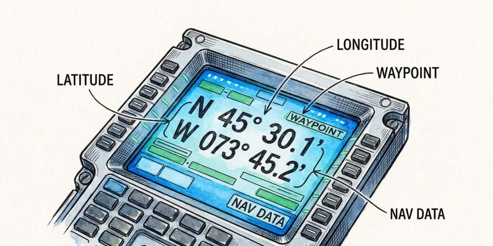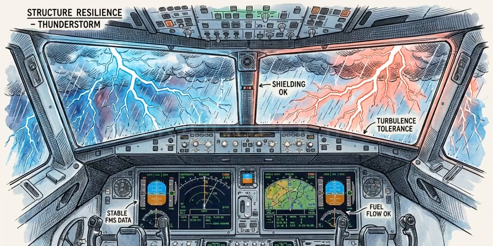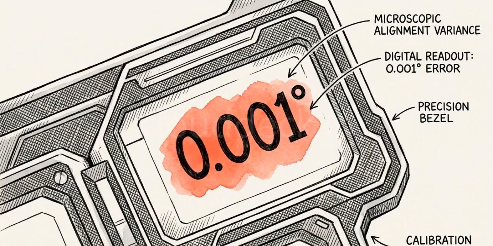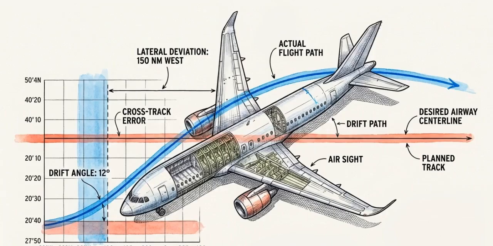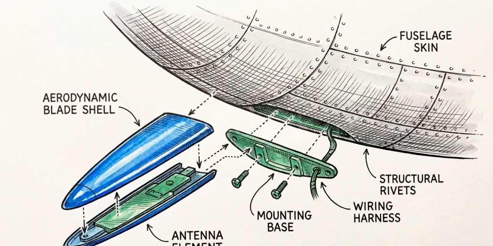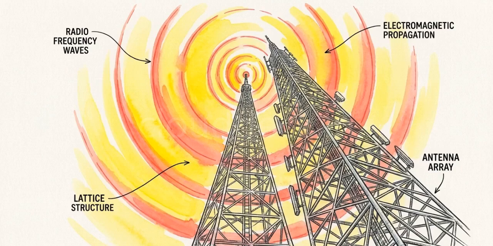The INS tracks precise latitude and longitude entirely autonomously. It requires no external signals and is immune to weather interference or radio jamming. Microscopic alignment errors multiply through the integration process into miles of geographic drift. To arrest this drift, the aircraft must seek external verification. Pilots verify their internal calculations using external radio signals,